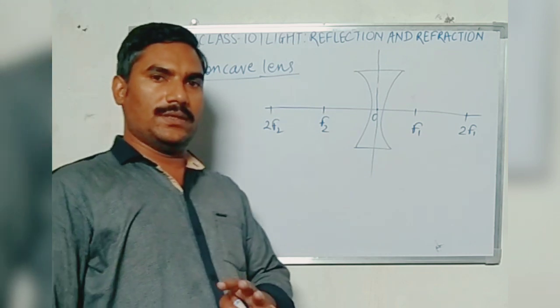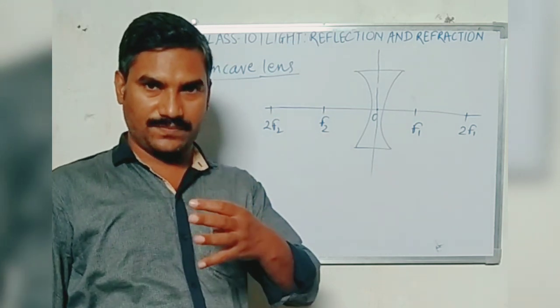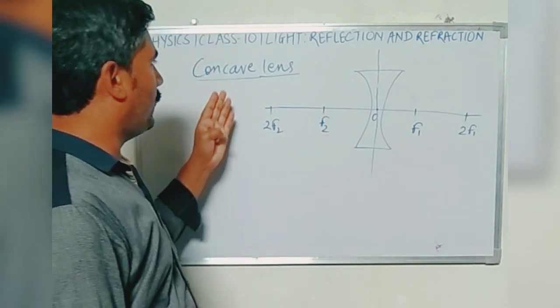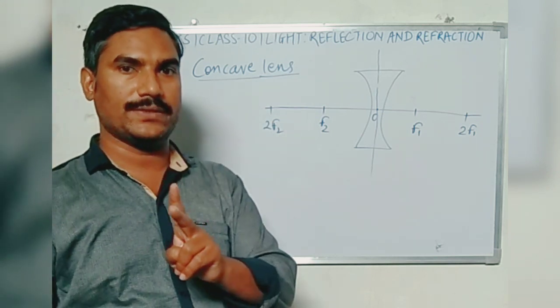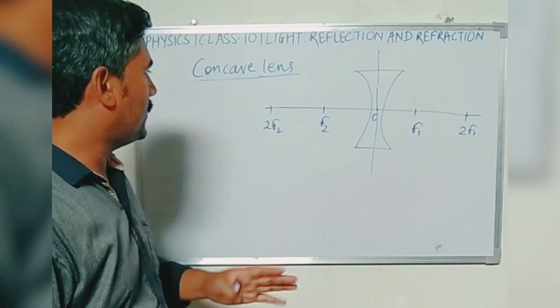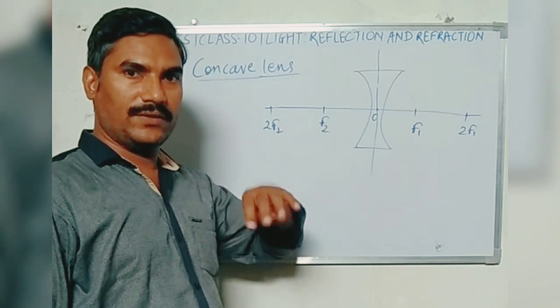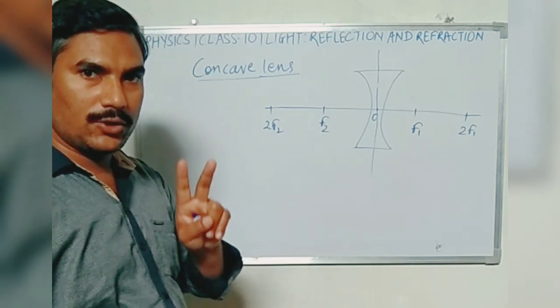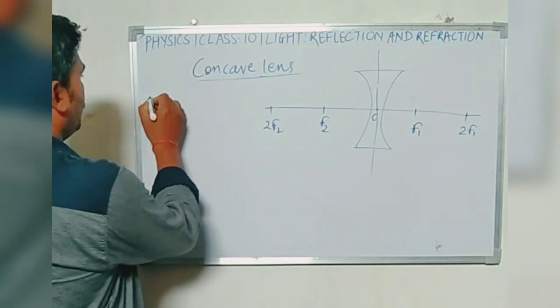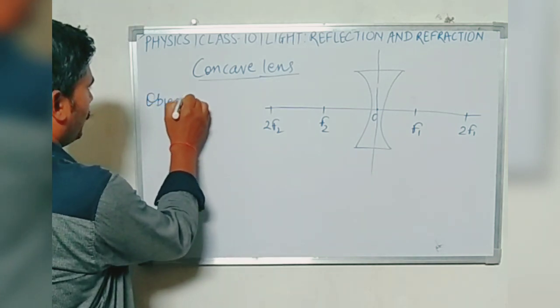In case of convex lens, we have discussed 6 cases, but in case of concave lens, we have only 2 cases. 2 cases means the object's position is differentiated into 2. That is the position of object